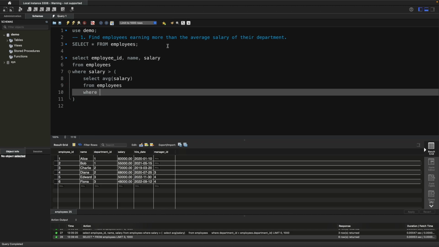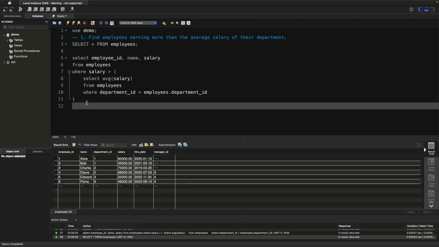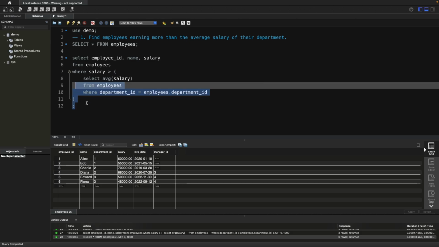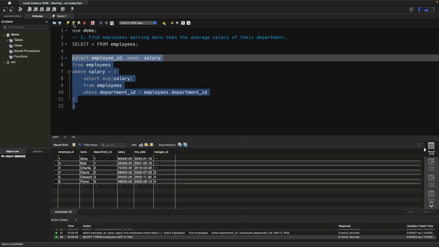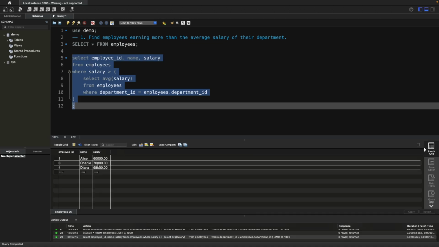where department ID equal to employees dot department ID. All right, so this is the query that will give us the answer. Let me run this query for you. And this is what the solution is. And the employee ID 1, 3, and 4 are the ones who had salary greater than the average salary of